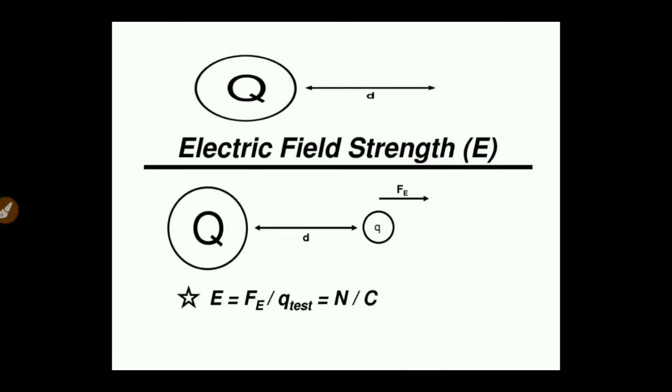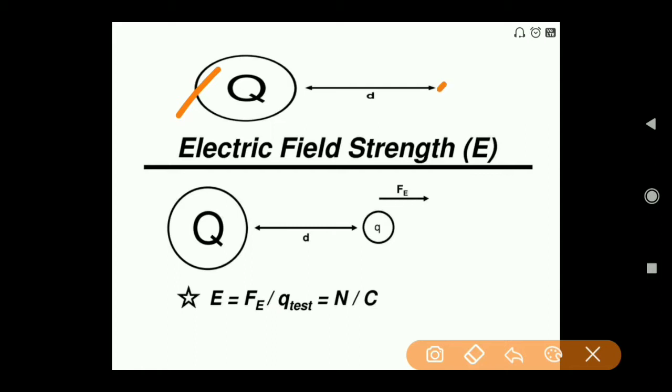So let us discuss what our aim is. Our aim is to find the influence of this charge Q at this point, which is d distance from this charge Q. So what is the procedure? The procedure is the same. We have to place a test charge and then we will see the force experienced by that test charge at this point. So I am keeping the test charge here, and because of that test charge you will get the Coulombian force Fe, and you see the direction is away from this Q charge, because it is a positive charge.